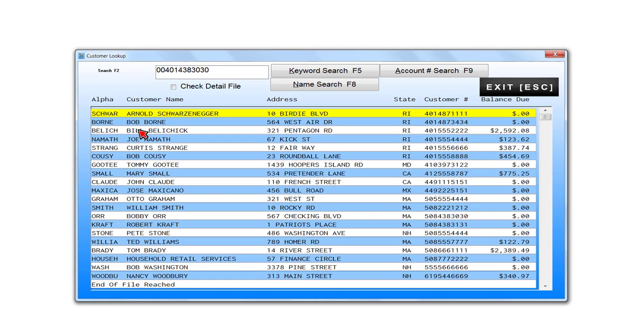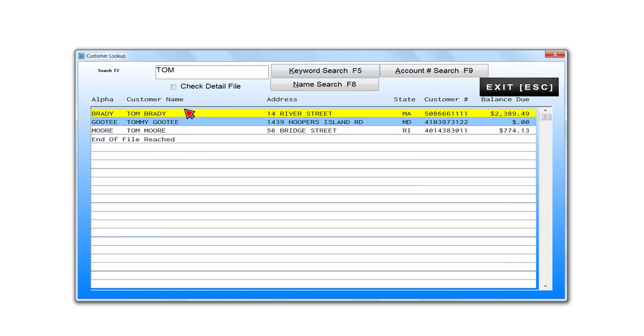The system will do a lookup. If the customer is in the system, it would automatically just come up with the telephone number with the customer's name. If the customer is not in, you can search for the customer to find them. You could actually do a name search if you wish. First name, last name, anything. If he's not in here, if you do not find the customer in your customer database, then you hit the